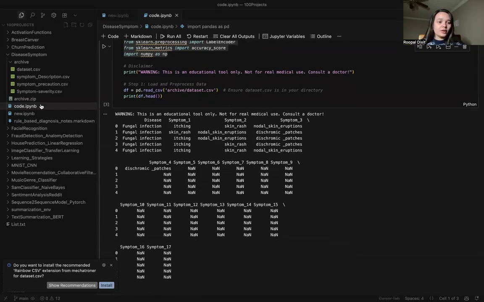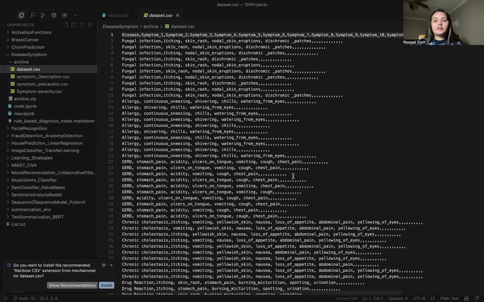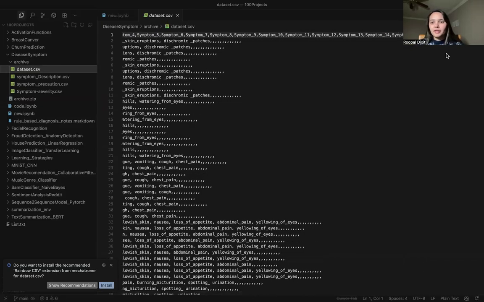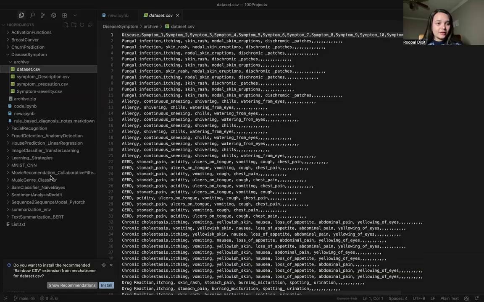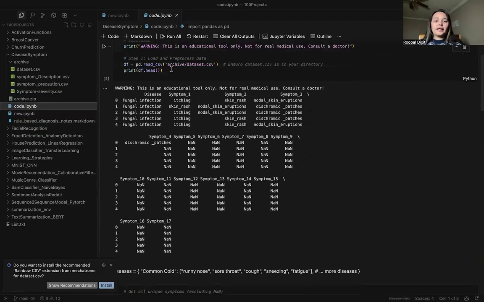So first we will be working with the dataset.csv, which contains the disease, and we have 17 symptoms for it. Just for your reference, I also wanted to go through this line, which I think is pretty important, and every machine learning engineer should be comfortable with it. It helps me understand what a data set looks like, what kind of categories it has, what the first five rows are. You don't have to print the whole data set if you cannot go through all of it. Just print the head of it.